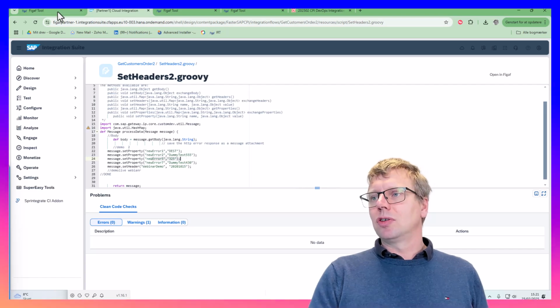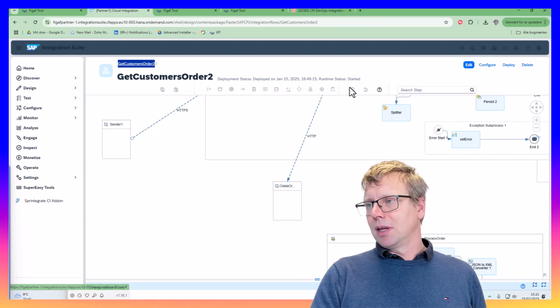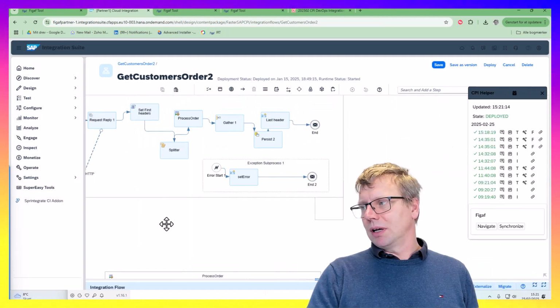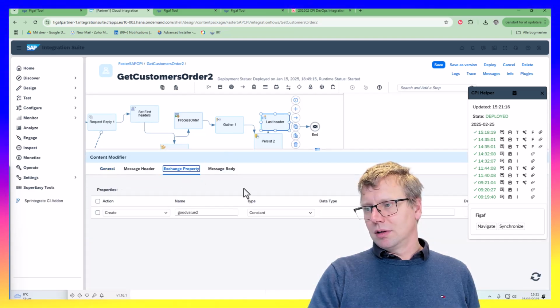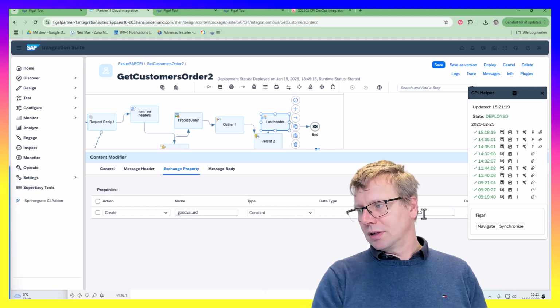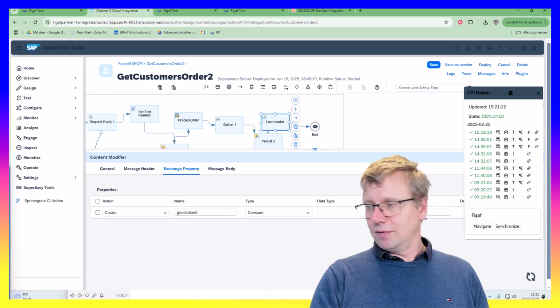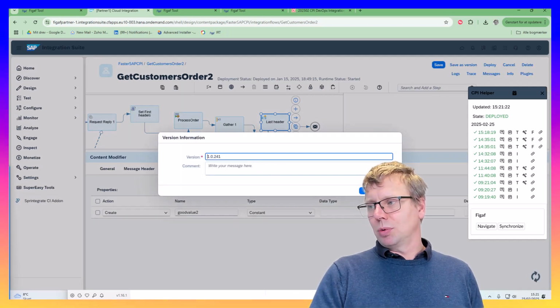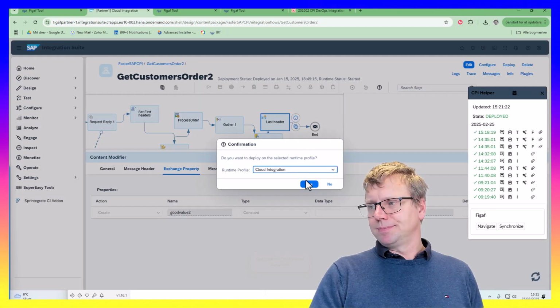Good. So now we have made the modifications we need here, so the iflow is now in trace mode, and let's also make a different change up here in the last header. A good value, I guess, is 225, and we will save it as a version, and then remember it's 41. We will deploy it,